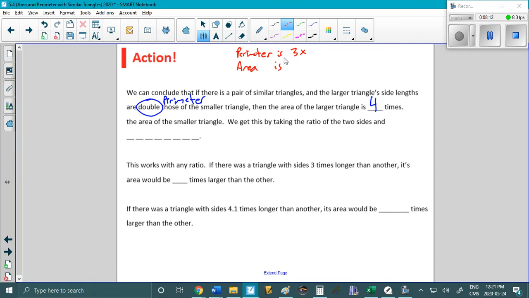Okay, hopefully you thought about it. So if the perimeter is tripled, the area is actually 9 times. And if the perimeter is 4 times, the area is 16 times. And if the perimeter is 5 times bigger, the area is 25 times bigger. So we get this by taking the ratio of the sides and